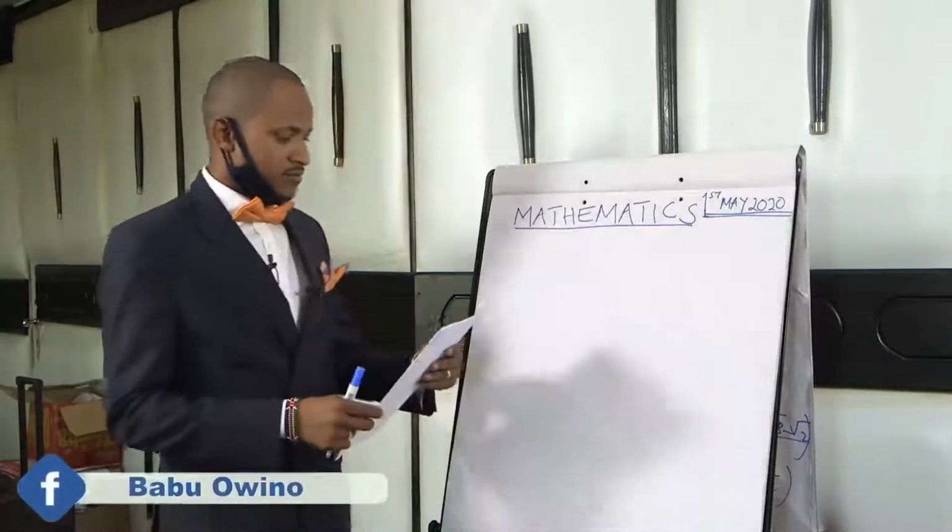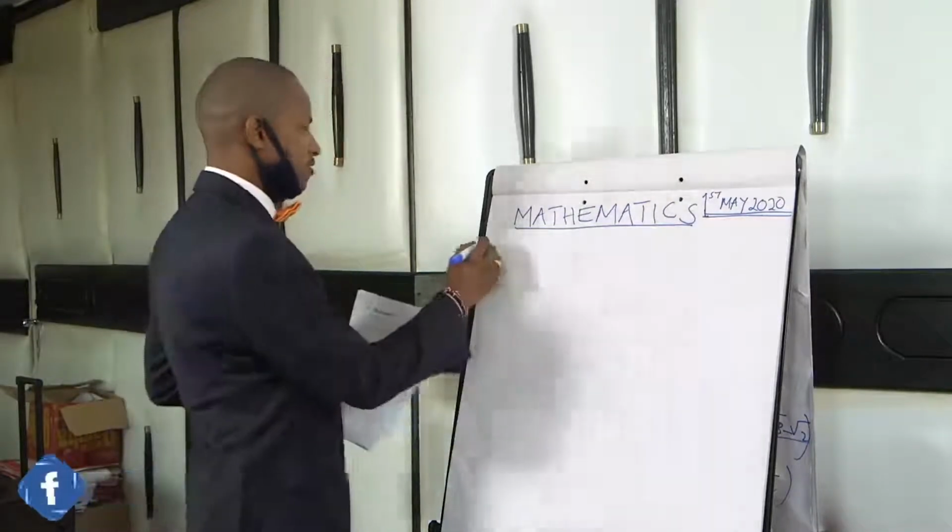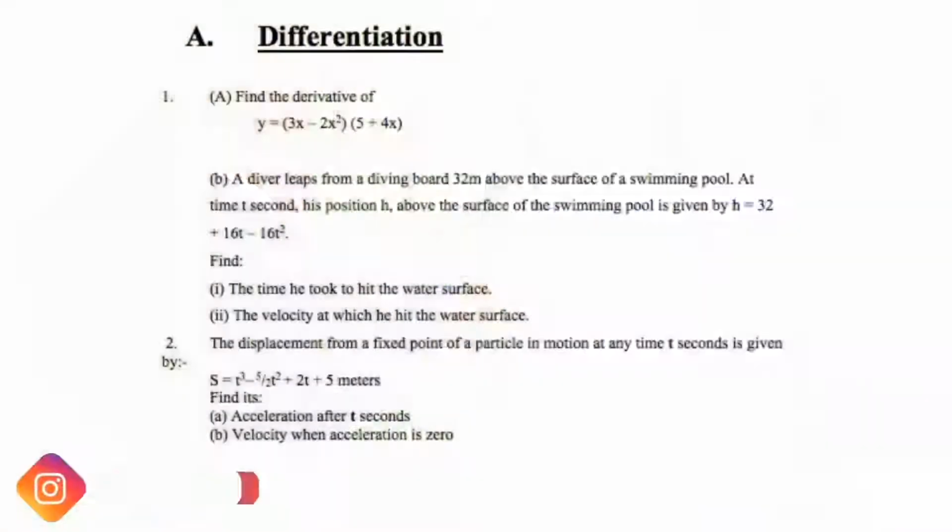Number one, we have differentiation. Question number one: Find the derivative of y equals 3x minus 2x squared, multiplied by 5 plus 4x. The first thing when you are faced with such a challenge in finding the derivative, you first of all expand